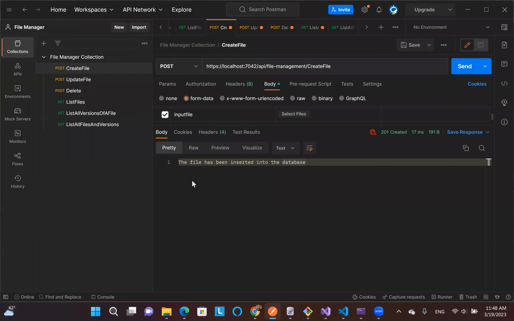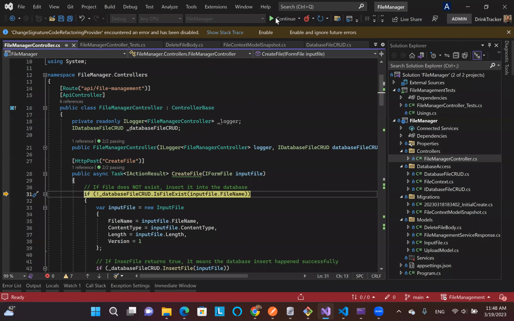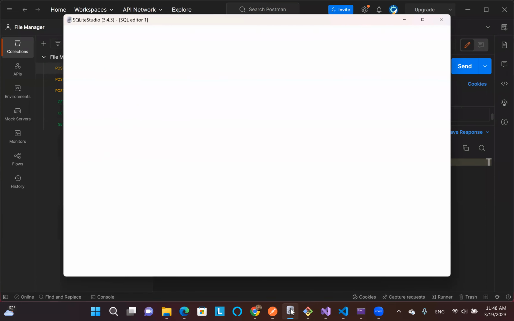When I open the file, you can see that the file is selected and we send it. We are not supposed to have breakpoints at this point, so we just run it. And as you see, we get a message that the file has been inserted into the database and we get 201,